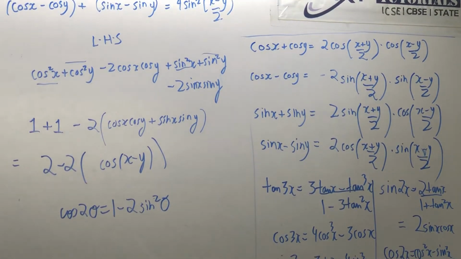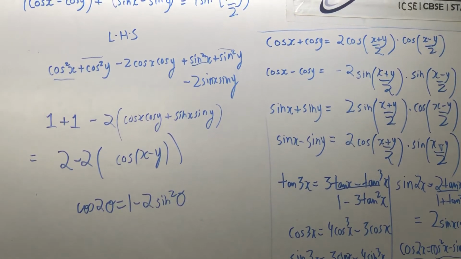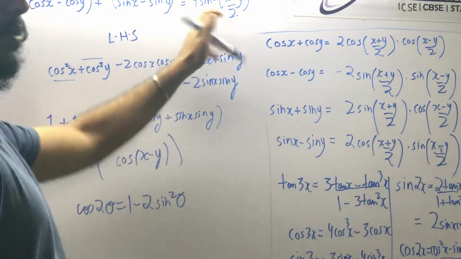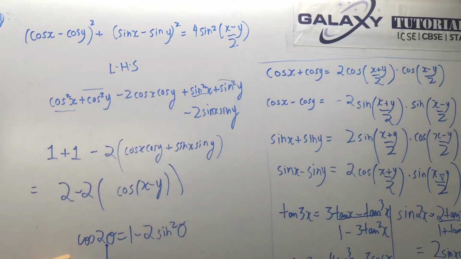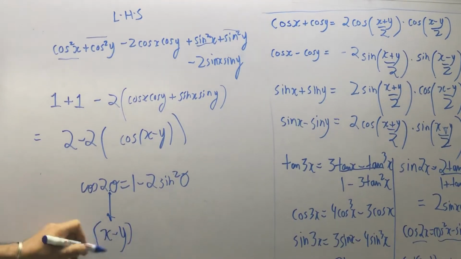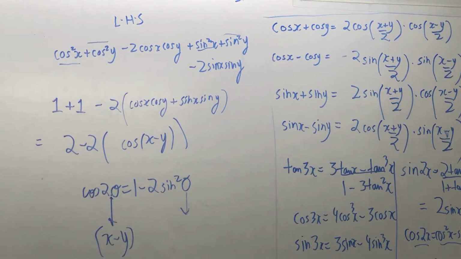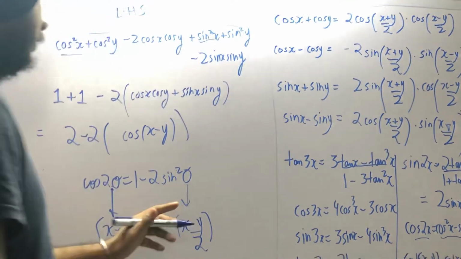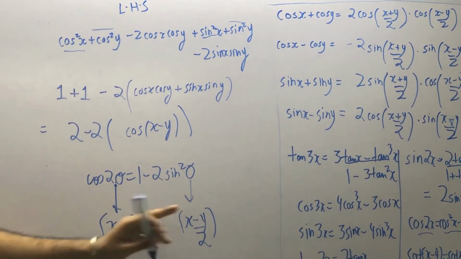This is the formula. Okay, why am I using the sine square formula? Because there are three possibilities: 2 cos square theta minus 1, and then there is cos square theta minus sine square theta, and then there is one more formula for tan. But why do I use the sine formula? Because I want to bring sine on the right hand side. Now if 2 theta is x minus y, what will be theta? Theta will be x minus y divided by 2. This is a very important concept, you should understand it. 2 theta is x minus y, so theta will be x minus y by 2.